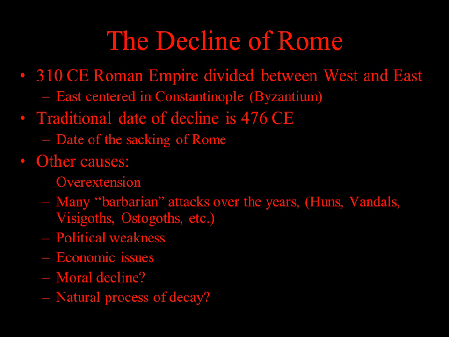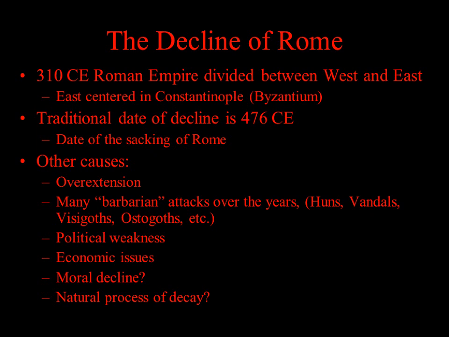In 476, outside invaders come, they destroy Rome, they completely depopulate it, and that is the official end of the Roman Empire. But it had been happening for a while. And again, look at our list here. Overextension, the difficulty in running an empire so massive, the expense, the military expense, the outside attackers, we mentioned that